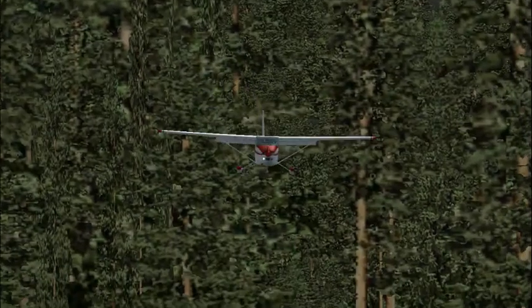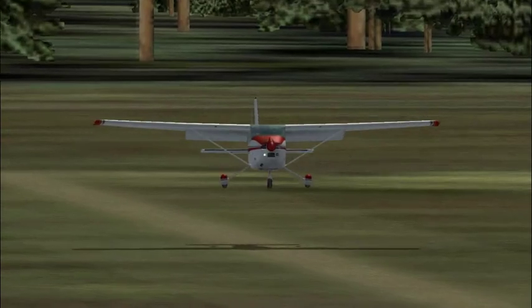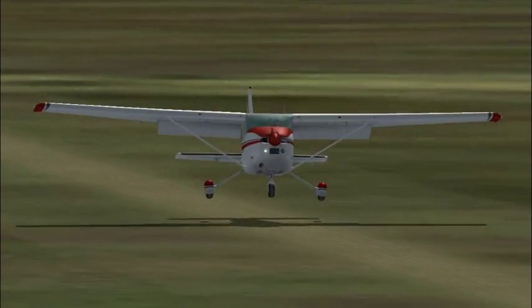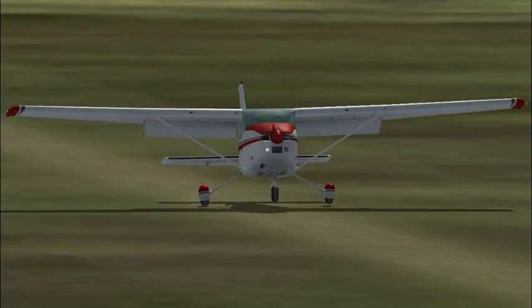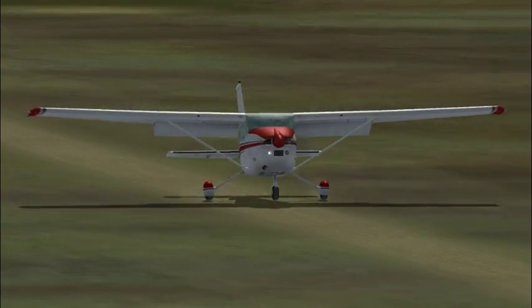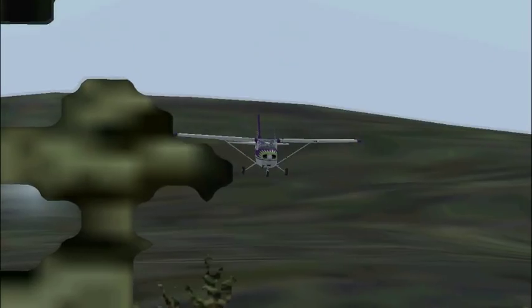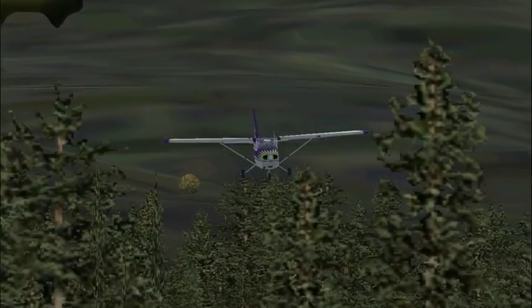The objective of a soft field landing is to touch down as smoothly as possible and at the slowest speed possible. The plane must be controlled in a way that the weight or load of the airplane is smoothly transferred from the wings onto the landing gear, to minimize the stress imposed by a rough or soft surface onto the airplane's landing gear. For that reason, we'll use the airplane's short field approach speed,